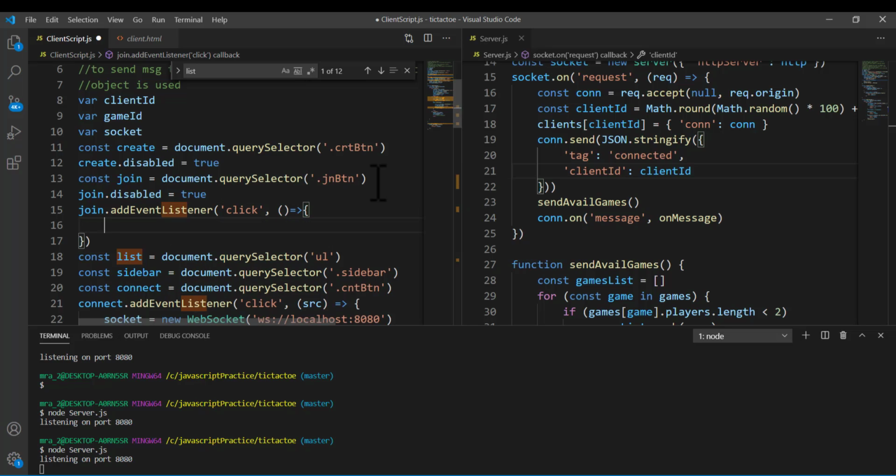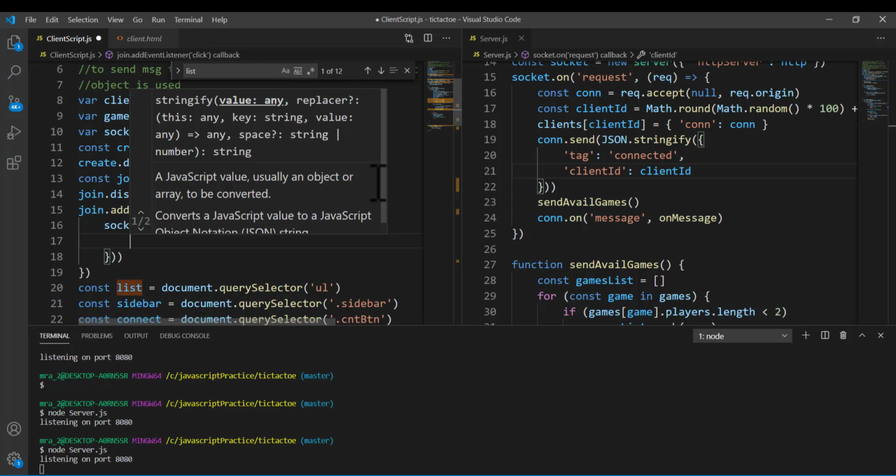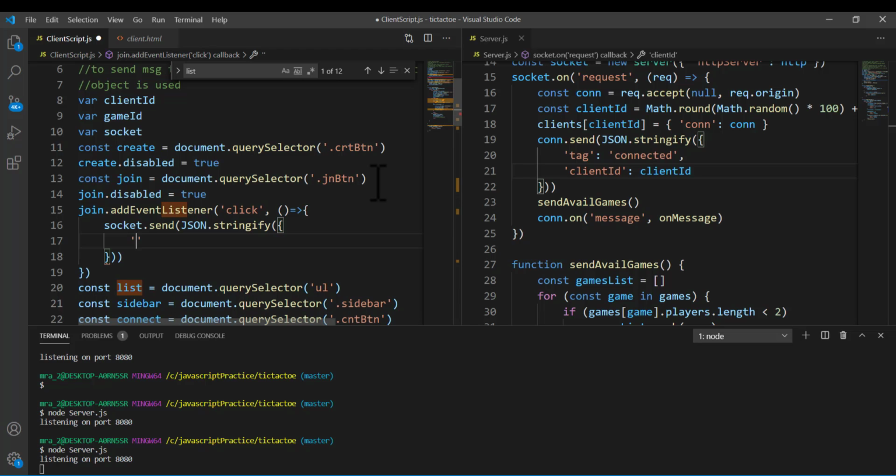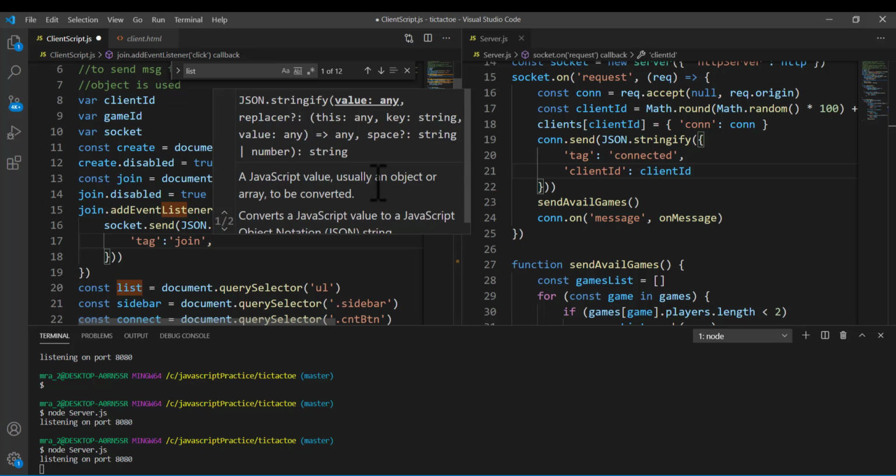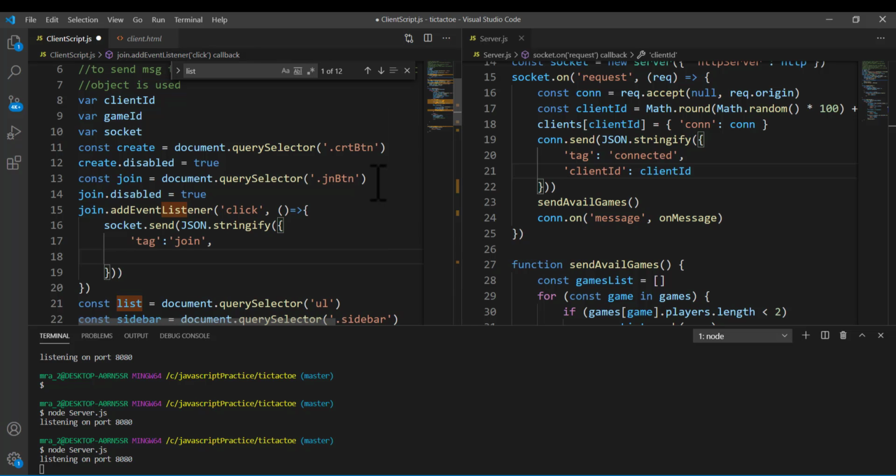and we will simply say socket.send(JSON.stringify(...)), and we have to pass in a parameter. That parameter first of all should contain a tag. So the tag is join, and now we need to send 2 pieces of information to the server, the client ID and the game ID, so that the server knows that this particular client ID wants to be joined as player 2 in this particular game ID. So